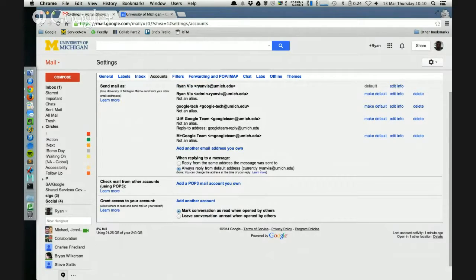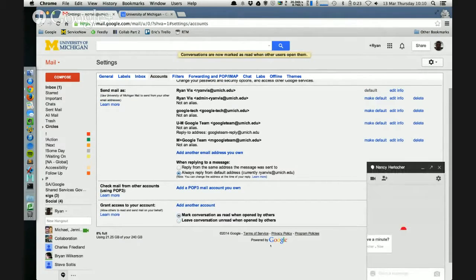One feature here as well, you can select how conversations get managed by your delegate. So if I gave Martin access, I could choose to have a conversation left unread, even if Martin opened it and read it. This is really handy if you use unread messages as a task management system, or if you just need to have those unread messages to know the counts for the day. Whatever your reason, you can do that. I'll leave that as it is.